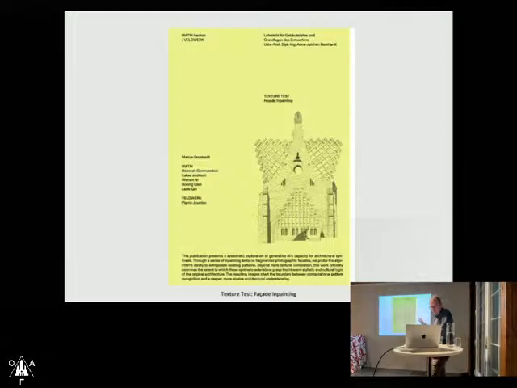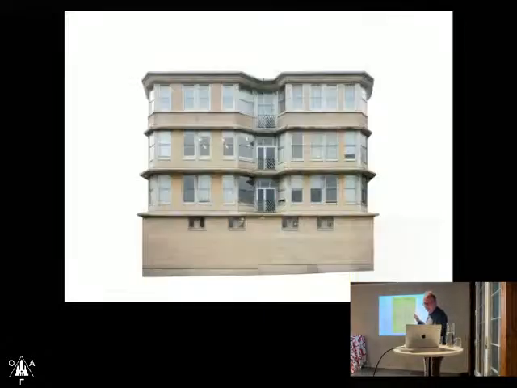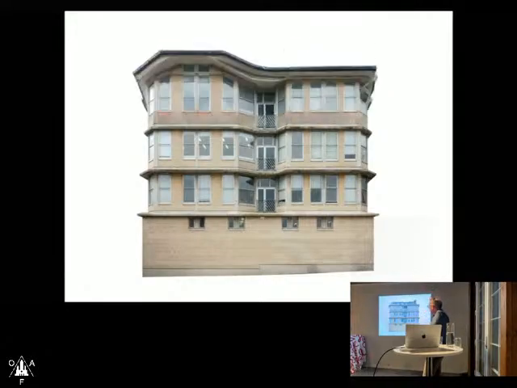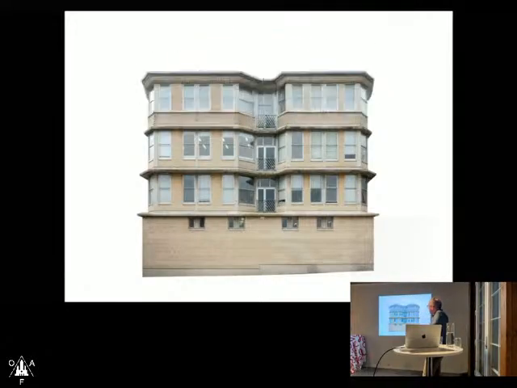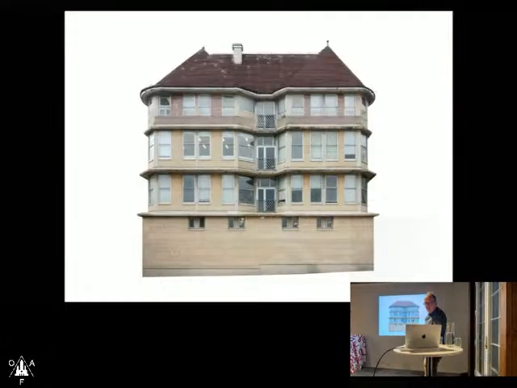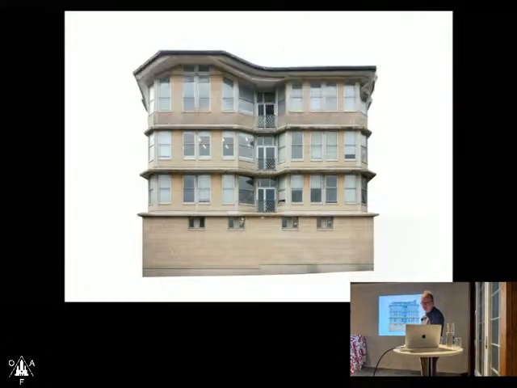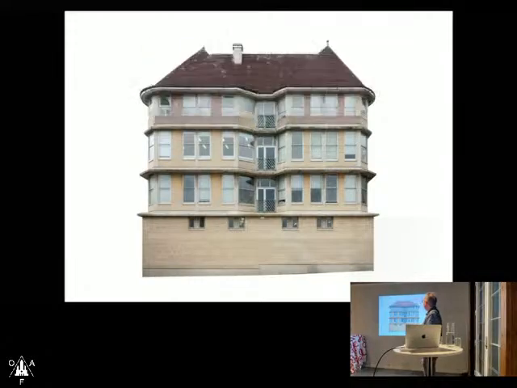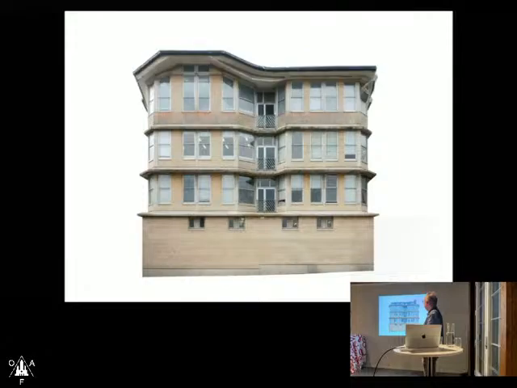This is the first book I will show you, Facade Inpainting. I've already talked a bit about inpainting here, in a way, with this Bath University complex by the Smithsons, and the extension to the top. And here you can see it wasn't very culturally aware, because a lot of these roofs the Smithsons would have never proposed.